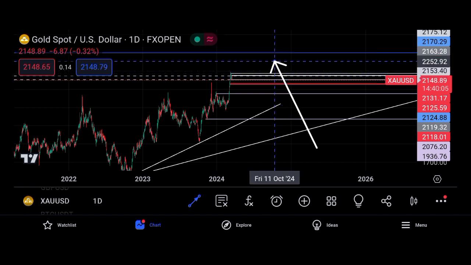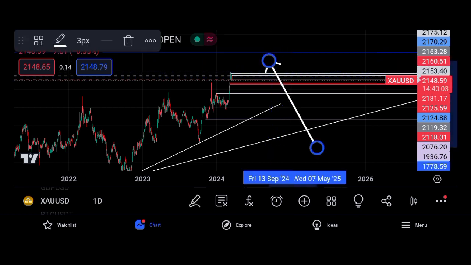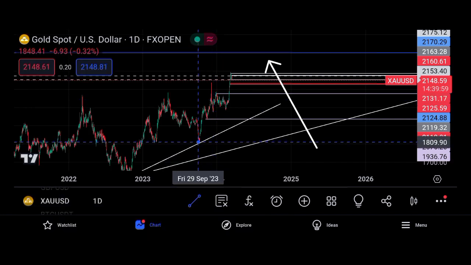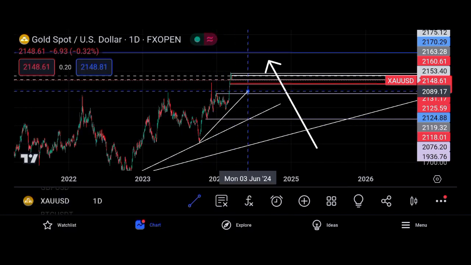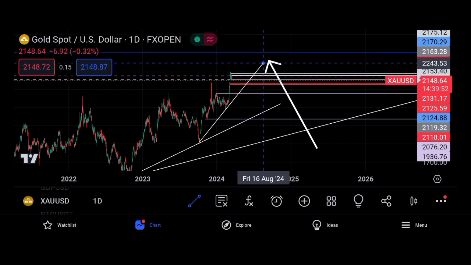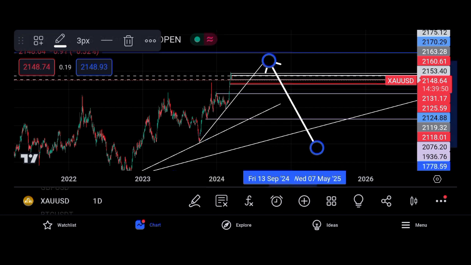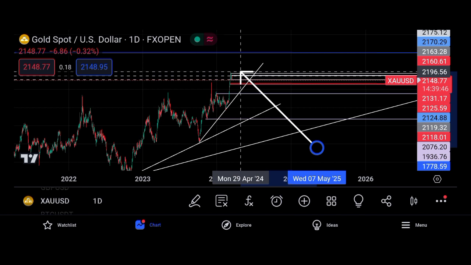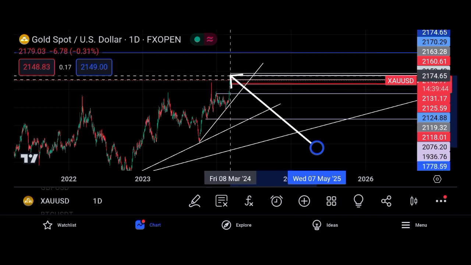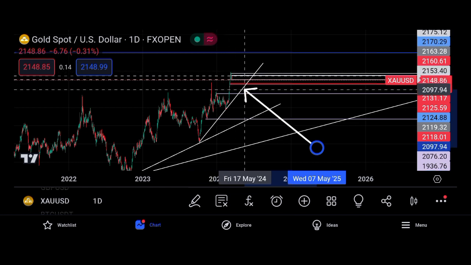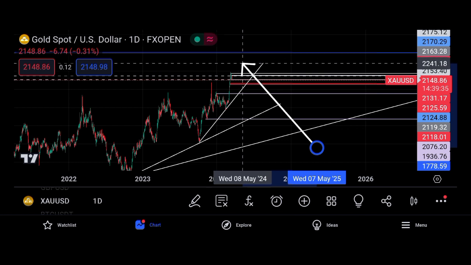So now let me mark out the trend line so that you can see, guys. So guys, I just want to mark out the trend line. So this is the trend line I'm talking about right here. So now this is the second touch. Yeah, so that's the trend line, and as you can see, guys, this is the first touch, then the second touch, then we should be expecting the third touch, because this high has taken out this high, right? This high has taken out this high, so we should be waiting for a retracement, or even price should still come up, because gold is crazy sometimes.